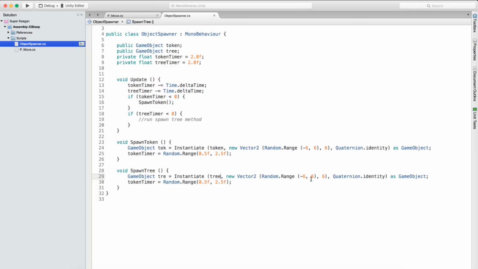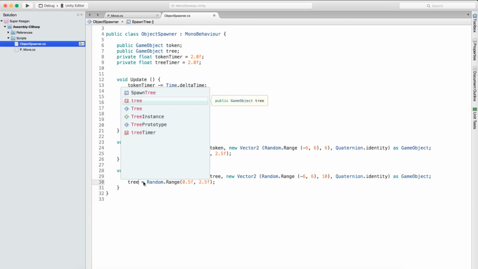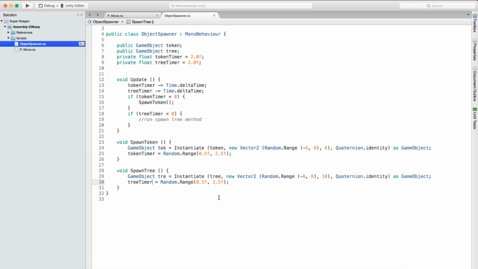So make sure it's the same as this game object. So you're instantiating this tree at a new Vector3. But this time it'll probably have to be a bit higher, probably let's say a 10, because the tree is a bit longer. Same containing identity as a game object. We want to change this token timer. We want it to be tree timer, because that's what we actually want to change. And then underneath this,